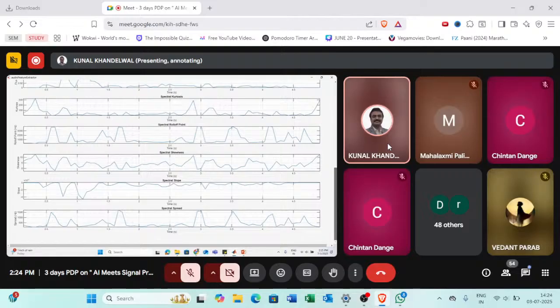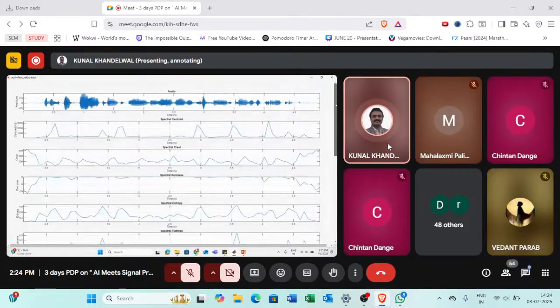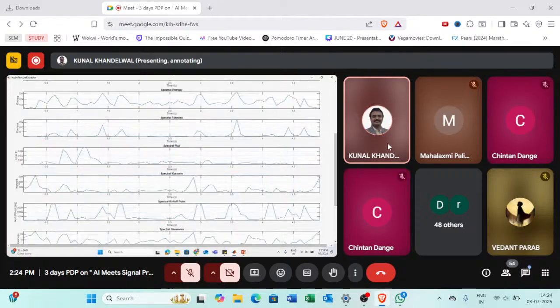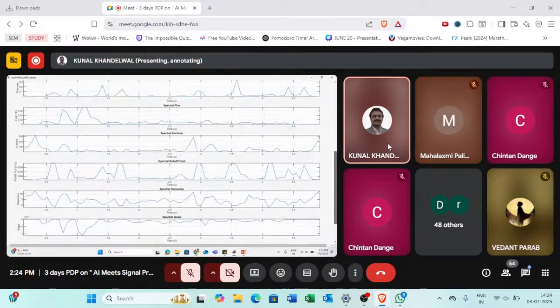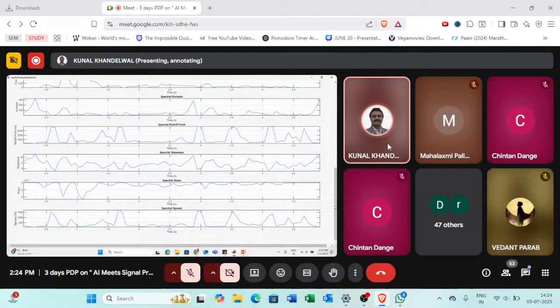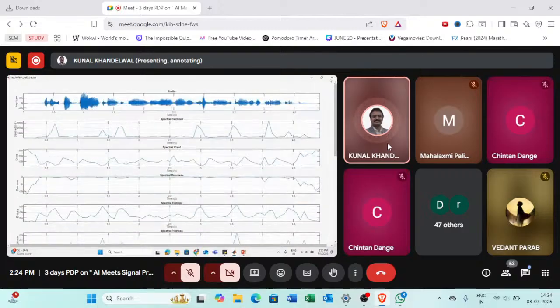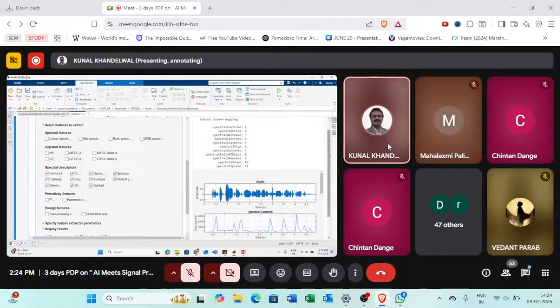Don't worry about this. We are only interested in that if someone asks you, if you have got a speech signal and you want to extract spectral features, what could these be? This could be entropy with respect to time, kurtosis, skewness, spread with respect to time. So you can take only those descriptors that you are interested in. But if you scroll down,